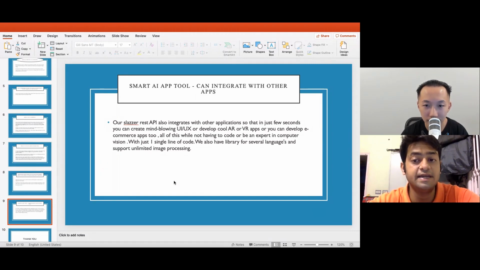You can just integrate it directly with, let's say you are building a very cool augmented reality app, so you can introduce that feature into it, or you are building a virtual reality app, so you can introduce this cool feature into it and use it to gather more audiences. And also for the people who are designing the UI UX, it is